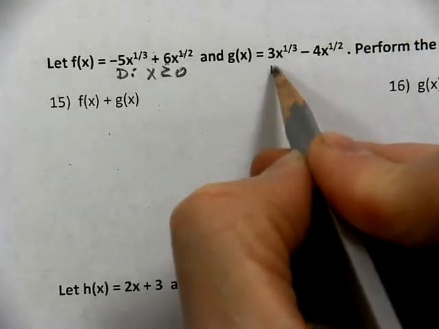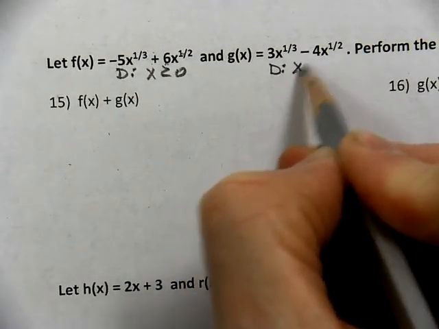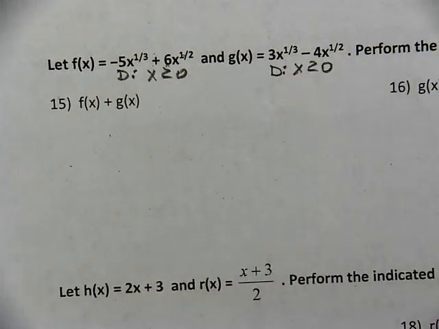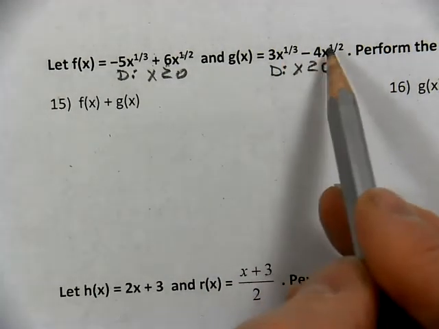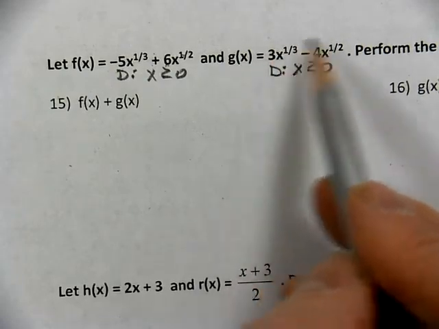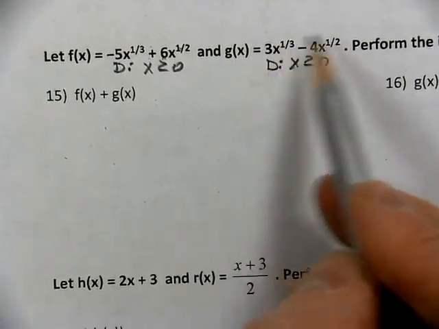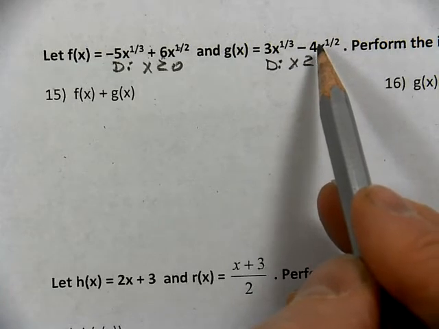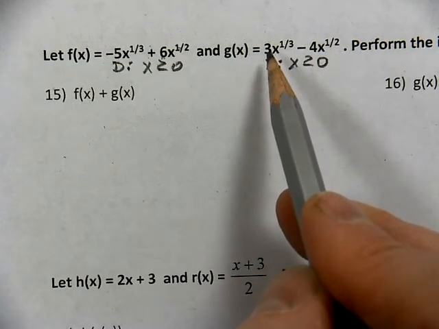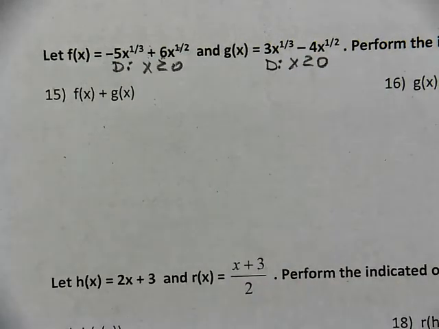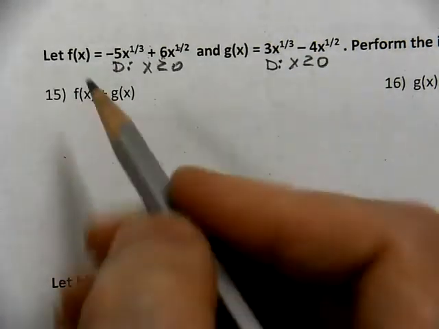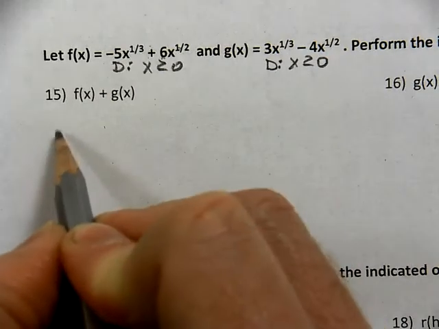And the same thing here, the domain here would also be non-negative. You've got to look for where the domains would be the same of those two terms. You can use any number in a cubed root, but you can only use numbers that are not negative in a square root. When we add these two together, the f function,